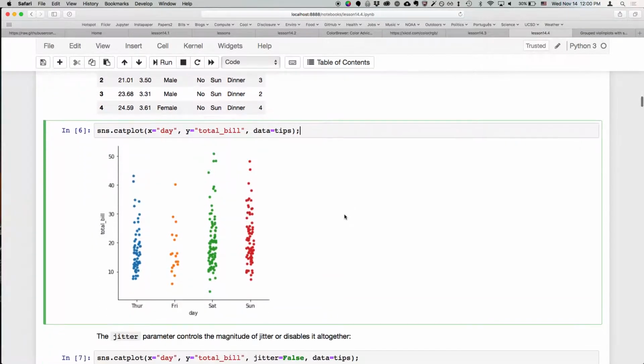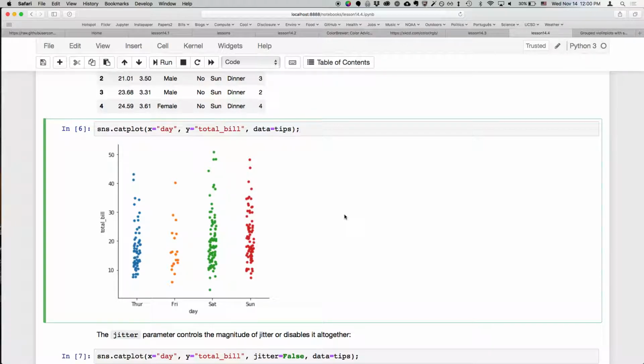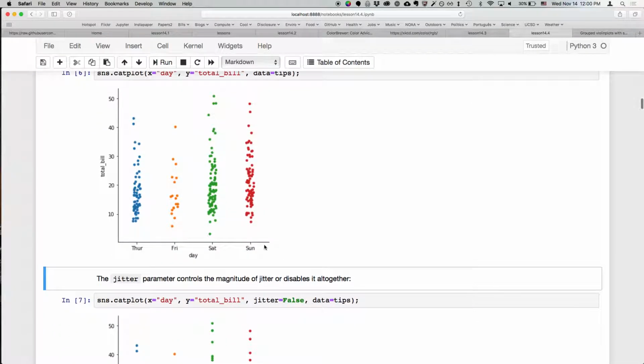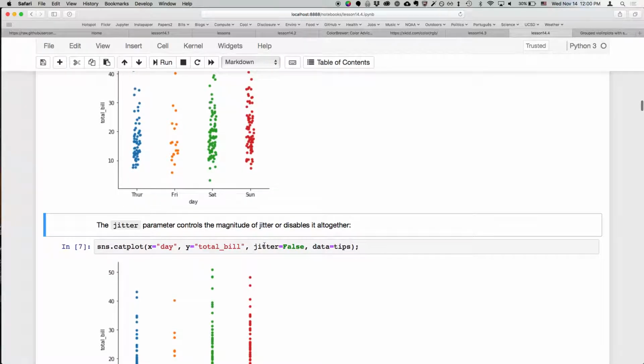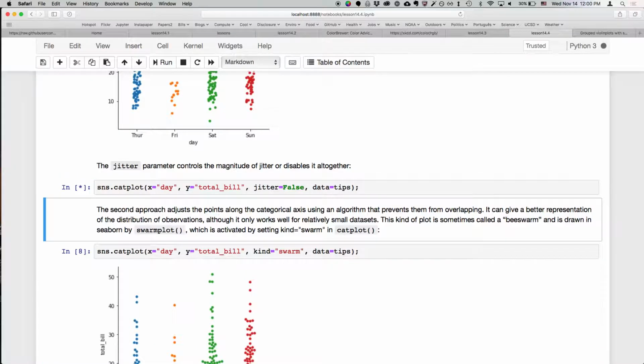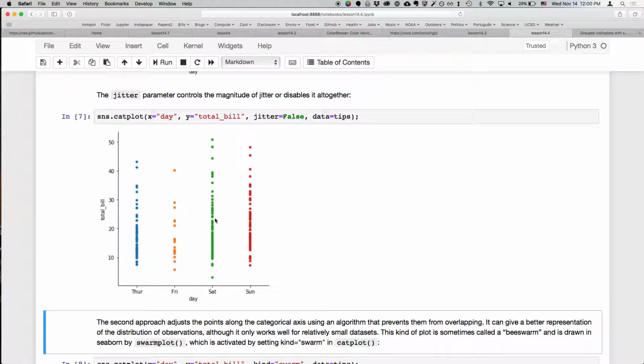By default, a catplot will generate this kind of strip plot where we're just seeing all the data, and it jitters them so that we can see all the points and get a good view on the data. If we want to remove that jitter, we can set jitter equals false, but then now we can't see the overlapping points. We could change those filled circles to unfilled circles, and that might allow us to see better what's